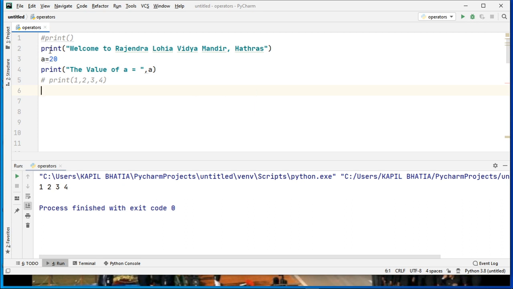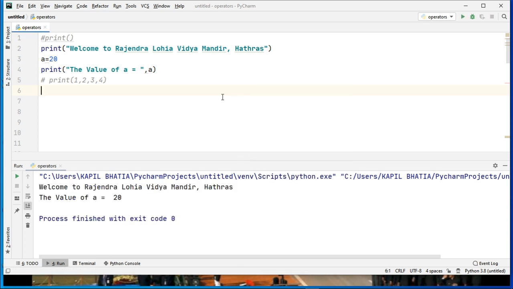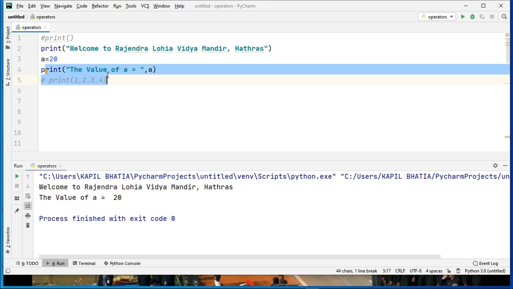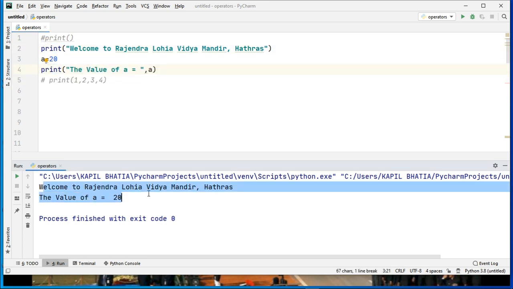So suppose I write two statements like print welcome to the Rajendra Lohia Vidyamandir Hathras, then I initialize the value of a is equal to 20 and print the value of a is equal to 20, and I execute these statements. What we will find is that this print statement and this print statement output come on two different rows. Actually, the reason is that by default the value of end in a print statement is the new line character.